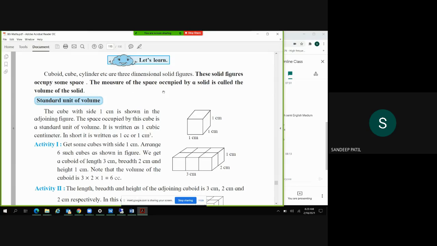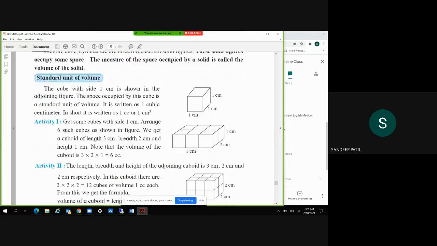Okay, let's learn cuboid, cube, cylinder, etc. are three-dimensional solid figures, right? These solid figures occupy some space. The measure of the space occupied by solid is called volume of solid. ओके, सो इस सॉलिड से जो भी स्पेस ऑक्यूपाई होती है उसे वॉल्यूम कहते हैं।